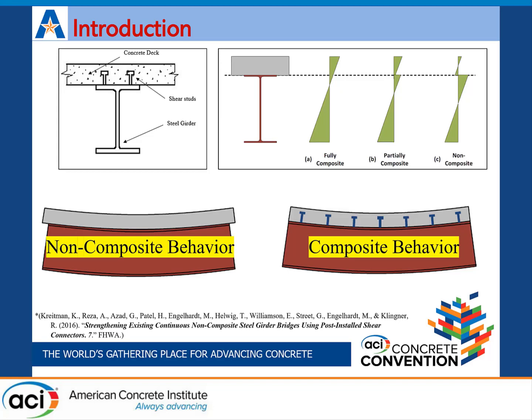And in the case of a fully non-composite bridge, although the strain profile or the curvature of the steel and concrete sections are assumed to be the same, each of the elements bends around its own neutral axis. In a composite bridge, the concrete deck and the steel beams function as one element to resist the live load by transferring shear force between the two interfaces, for example, deck and steel girder.